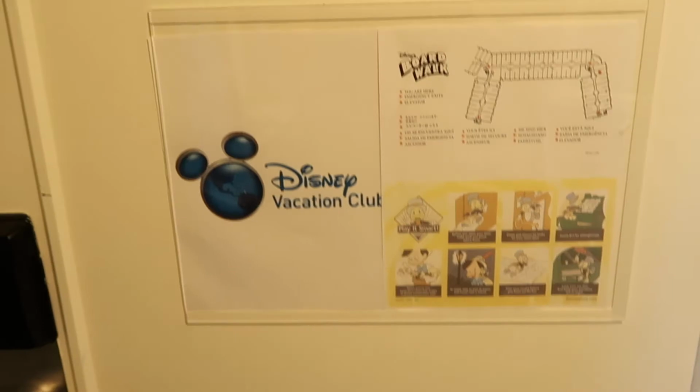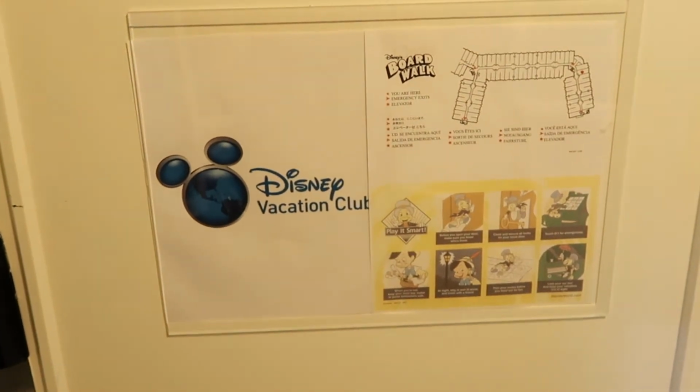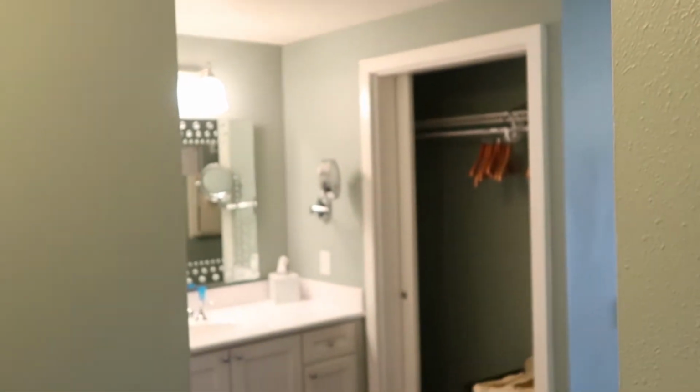I love the Boardwalk, the location, it's awesome. The Boardwalk is a Disney Vacation Club resort, so you'll see all that around here. Here's your door. Mirror to check yourself out as you're walking in and out. So they've got this wall right here. But as you walk in,